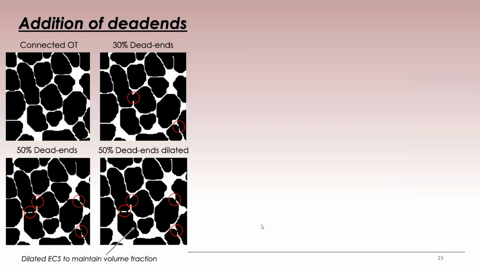So one of the benefits of in-silico modeling, which you can't do in vivo, is that you can alter the in-silico environment pretty easily. So here we look at how the connectivity of the tissue architecture will affect our FRAP simulations. And this is done by adding dead ends to our 3D ECS channels, and different amounts of dead ends. And we also play around with the volume fraction parameter by dilating our images, so dilating the white spaces of our extracellular space, and performing again FRAP on the different